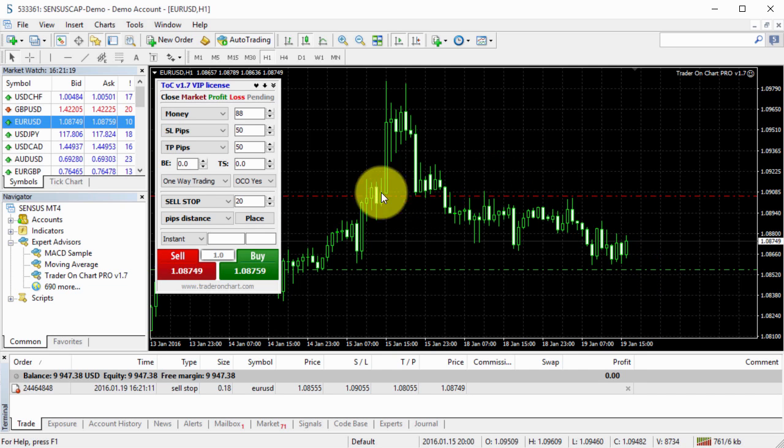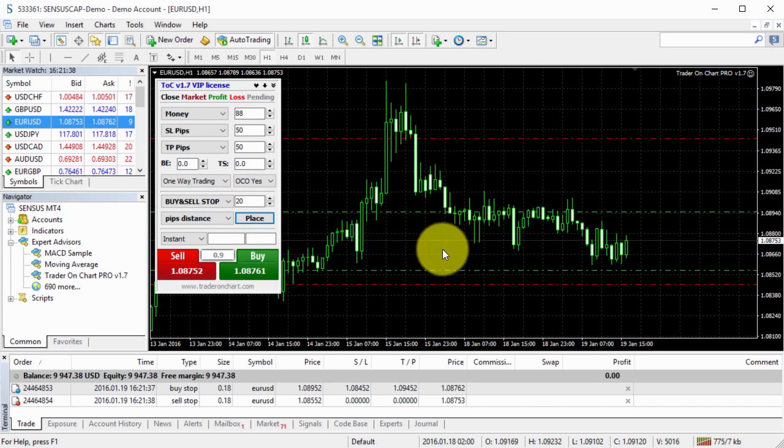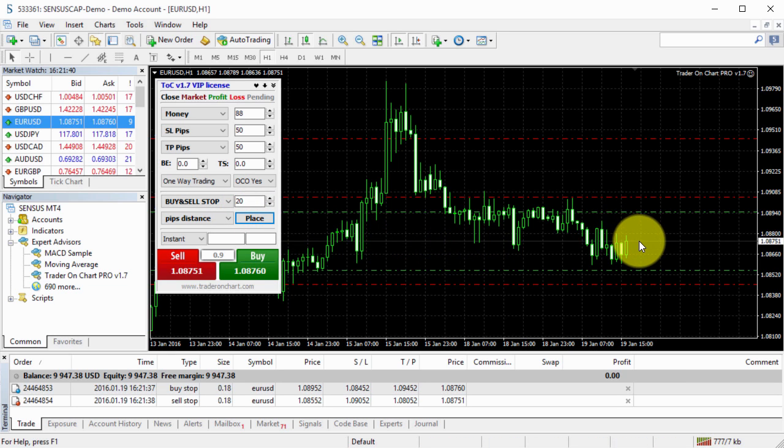Obviously, it adds a stop loss and take profit as well. Now, the cool thing about this is that you can choose buy and sell stops. And if I decide to place at 20 pips distance, it will happen like this. I click the place button, and it will place a buy stop 20 pips above and a sell stop 20 pips